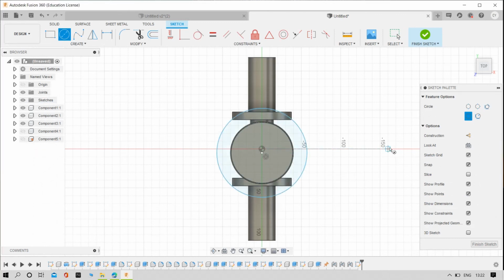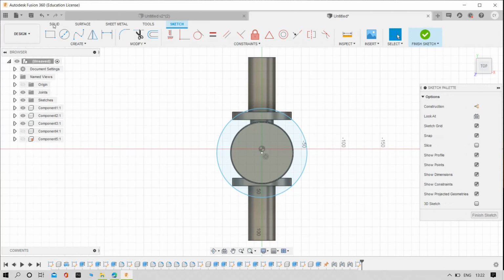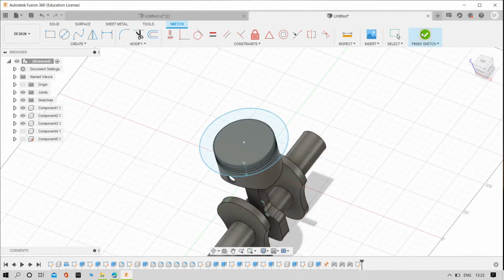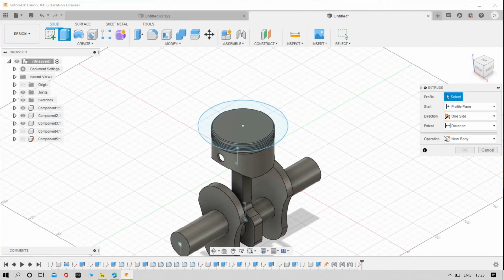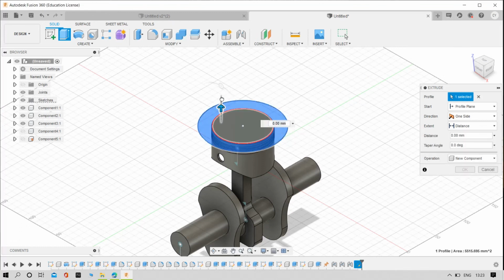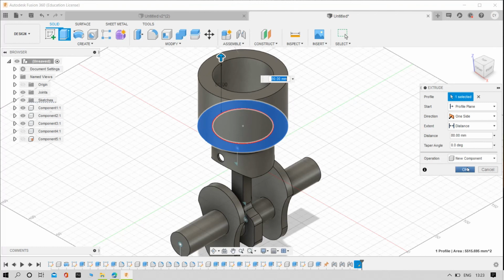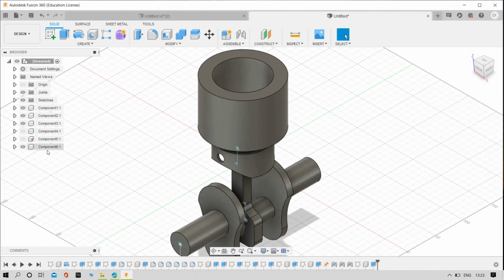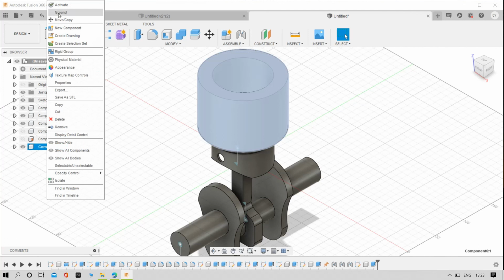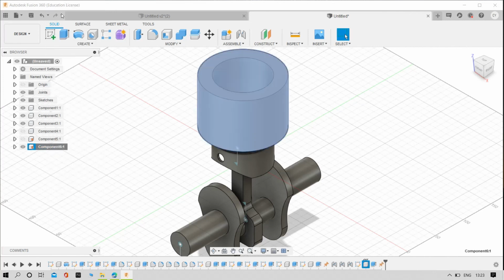Perfect. Dimensions is not required. Sketch it, extrude, and make it here a new component. Select the sketch. Yes. Click OK, and then make this part also ground.